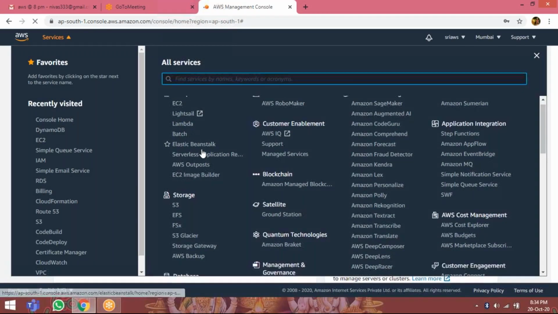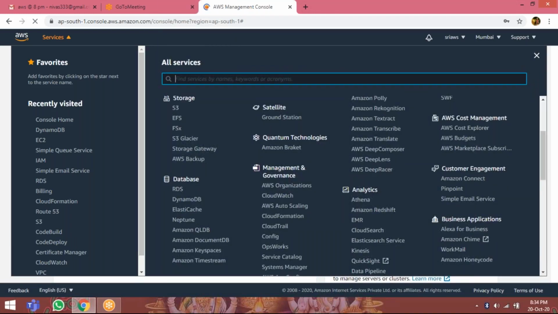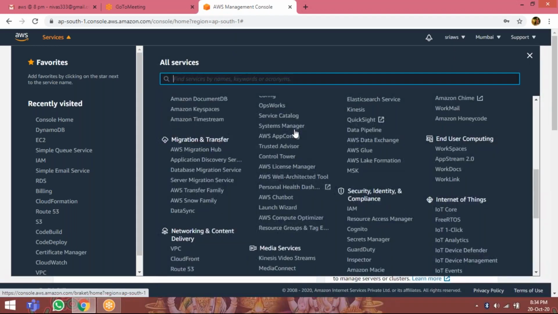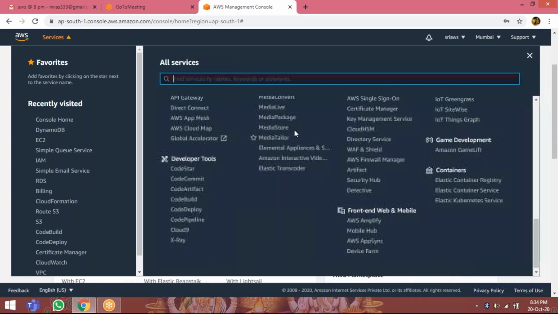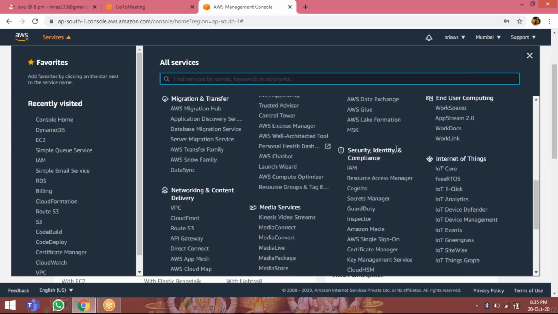Go to services, go to security and identity, and under security and compliance, click on IAM. Click on IAM Management Console. First, create one group account.